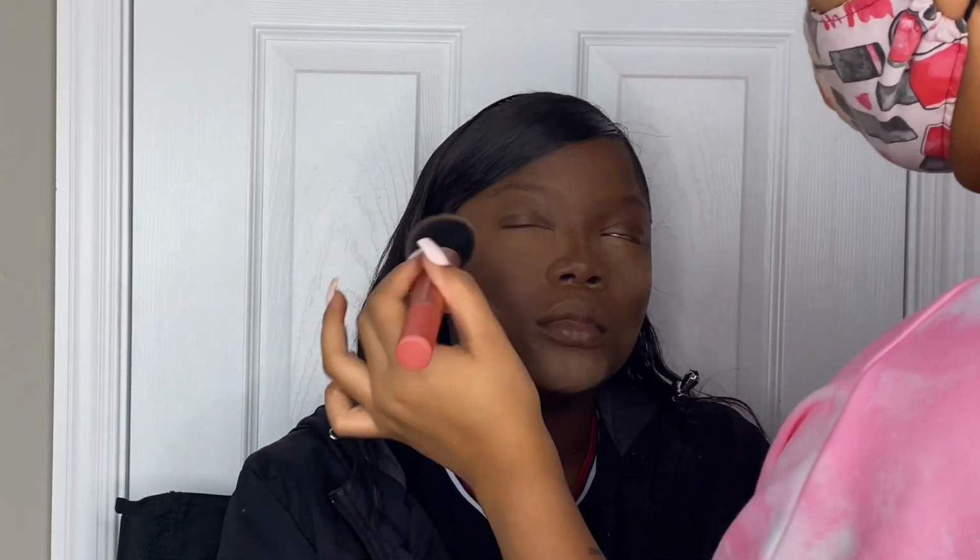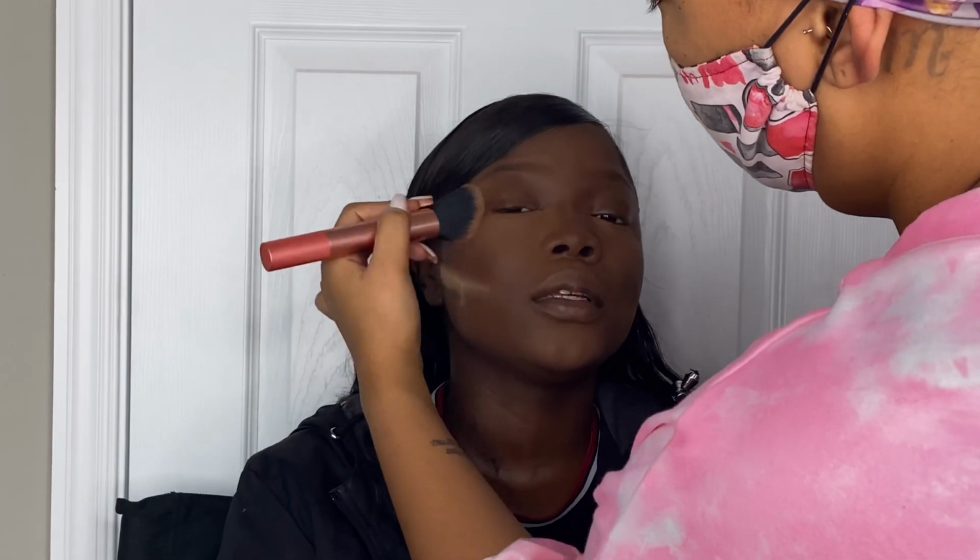I'm going back in with the same brush that I use with the foundation. But also with you doing that type of technique where you're using the same brush for everything to set the face, you want to make sure that there is not any product still left on that brush, like any wet product. So if you put way too much foundation on, there is still going to be wet product in that brush. So once you start to use that to either blend out the concealer, to brush off the translucent powder, if you have product on that, you are going to